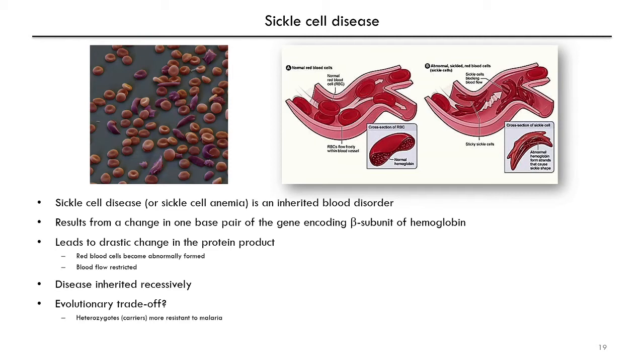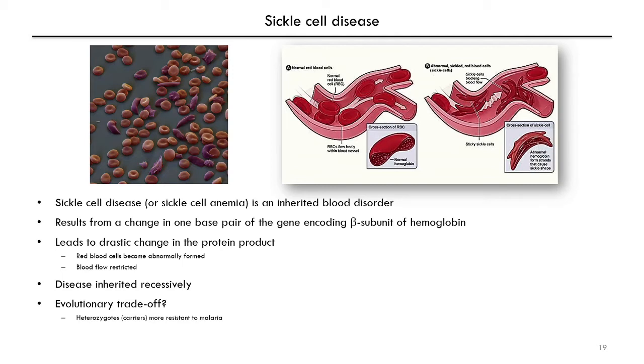The disease is inherited recessively, meaning it results from two alleles of the mutated gene encoding this protein, one from the mother and one from the father. So a homozygous genotype with two copies of the mutant gene causes sickle cell disease, but the mutant allele is often found prevalent where malaria is endemic, and the mutation may represent a potential evolutionary trade-off, since heterozygous carriers of one recessive allele don't have the disease